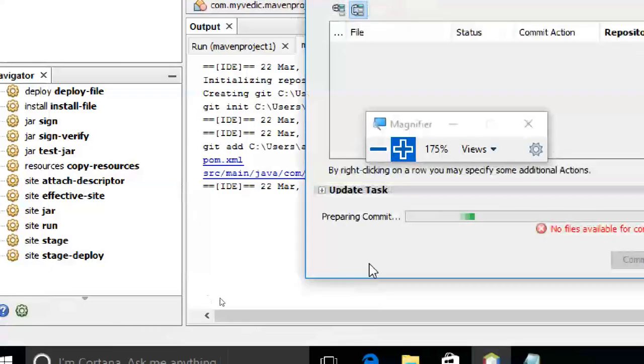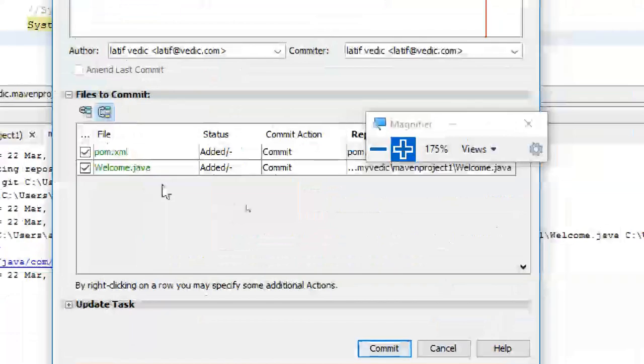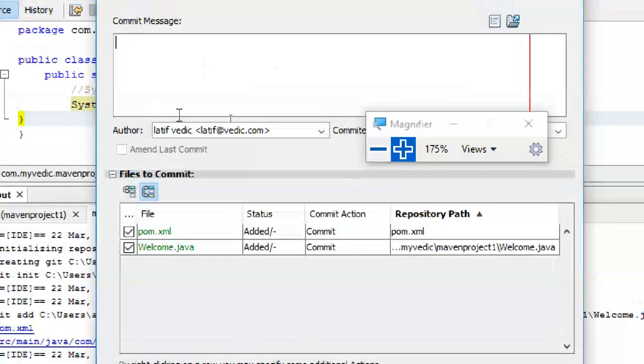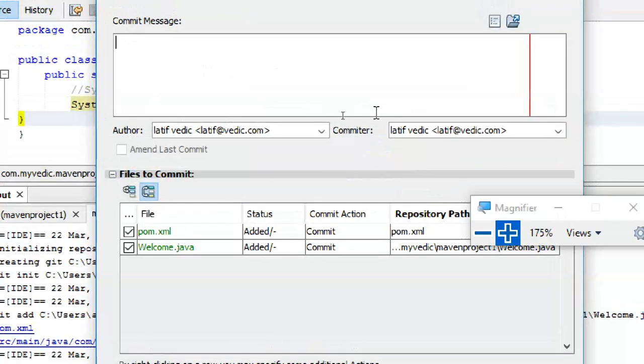When you do commit, it will ask for a comment. Okay, so this is a comment message. Who is adding? It is already in my default PC settings. Then I am putting a comment, right? So what is the comment? My first Maven commit, something.